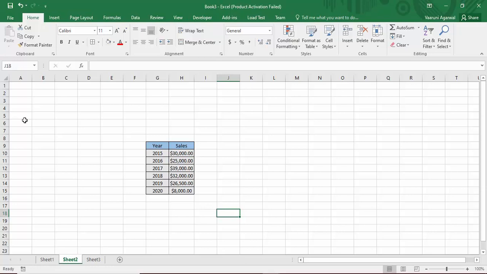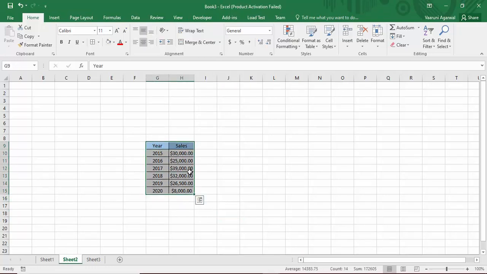So let us start first of all with creating a pie chart and learning about pie charts. Here we have our data from the previous video itself, which is the year and the sales that we have done over these years. Out of this data, since this is the kind of data that could be used for a presentation, we want to create a pie chart. So how can we create it?